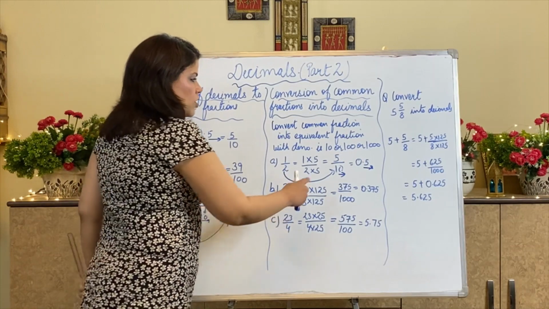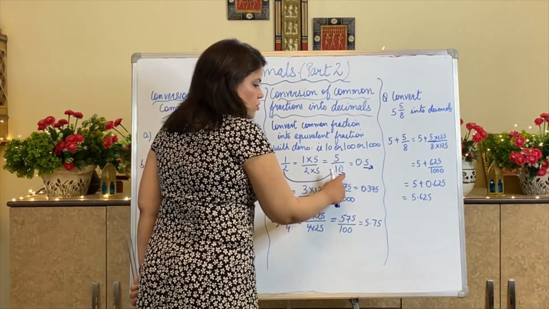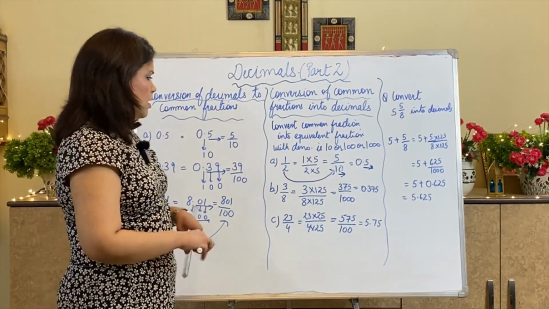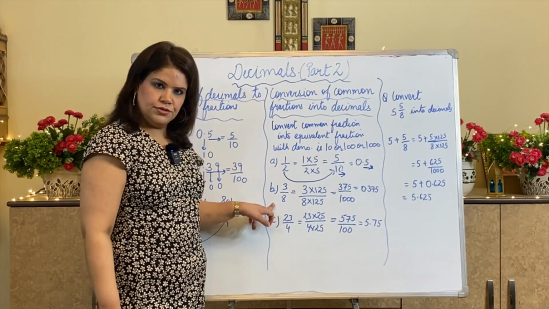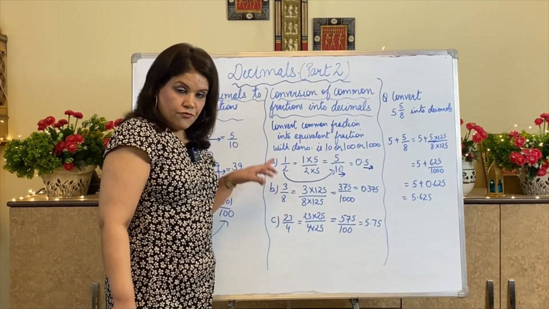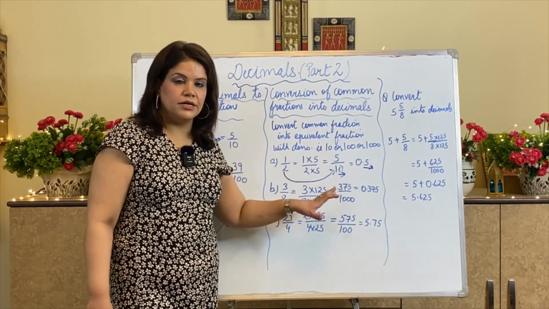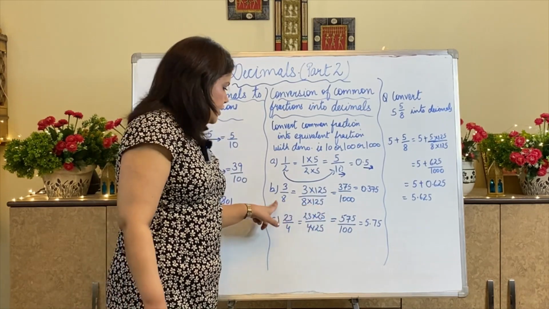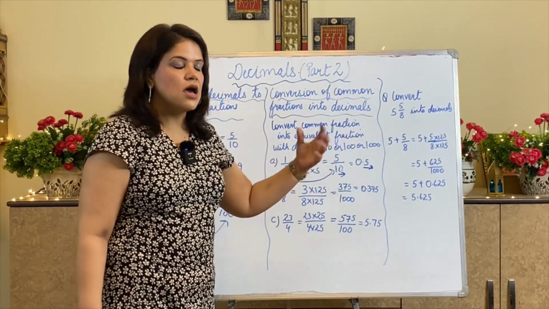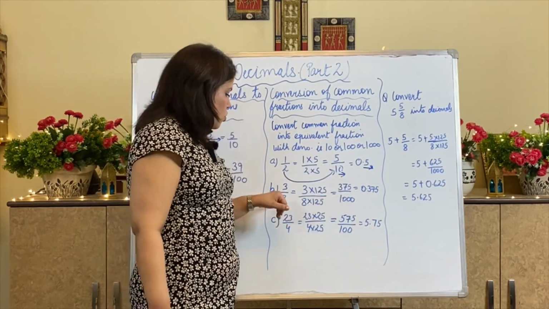So that means the decimal is followed by 1 digit. Understood? Because the decimal takes the place of 1, and whatever zeros are there in place of it, the numerator will come. Now I have 3 by 8. Understood? If I need to change this into a power of 10, I need to multiply this with 125. A power of 10 means I am getting 10 power 3, that is 1000. So go from 8.